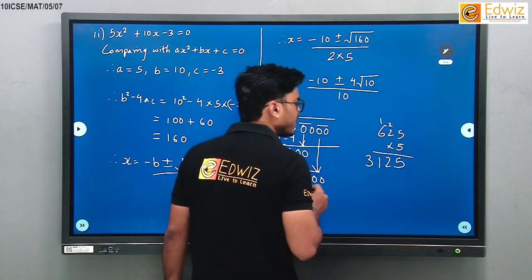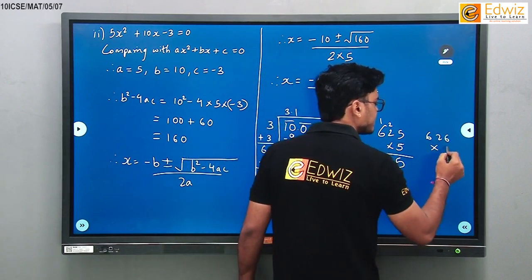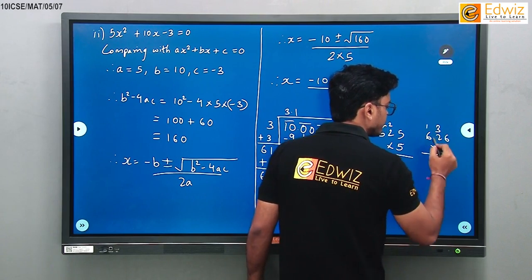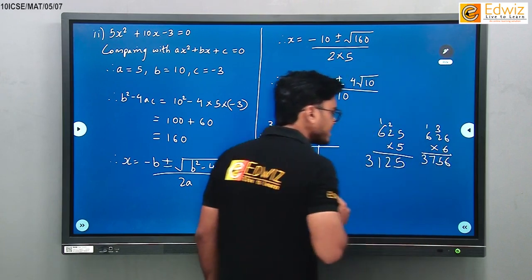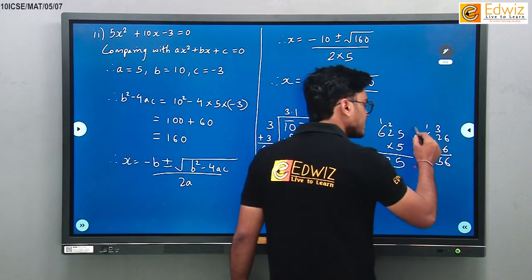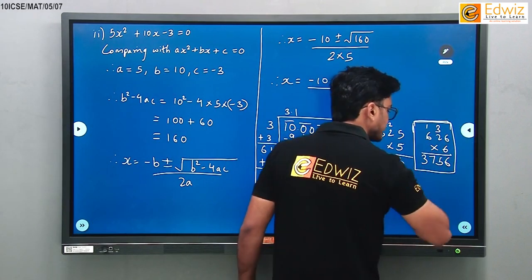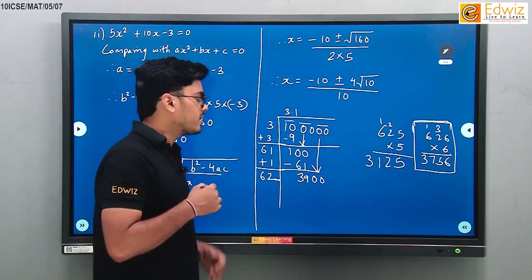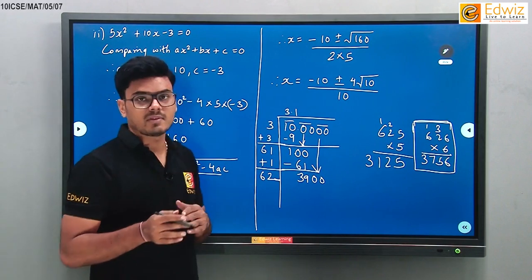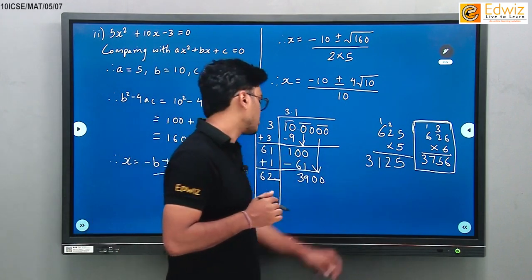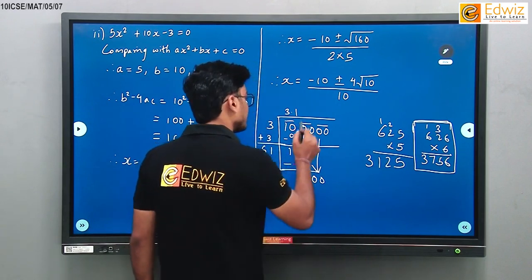This is 3125, and 626 into 6 is 3756, which is still less than this, correct? So this is our choice, 626 multiplied by 6, correct? Because if we take more than 627, it will be 627 into 7, it will become more than 4000. We don't need that. So this is the solution, 626 into 6,